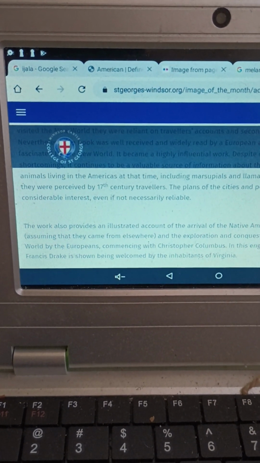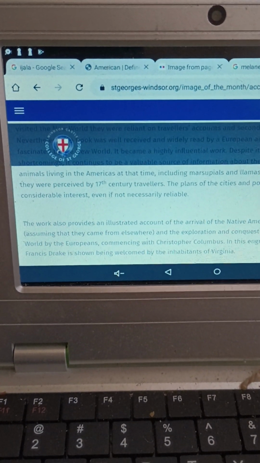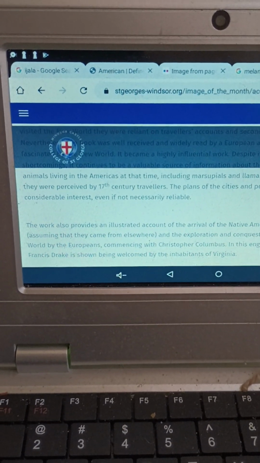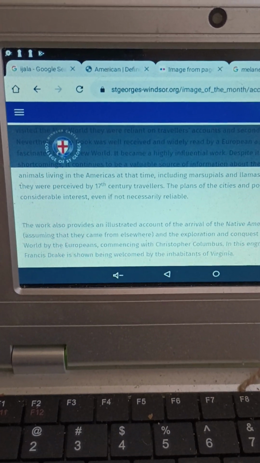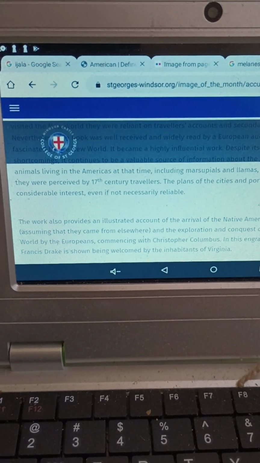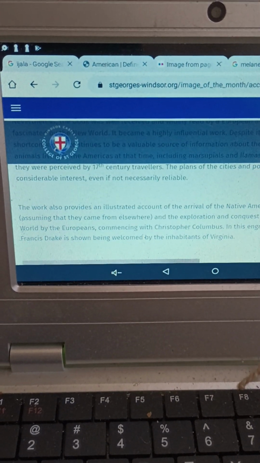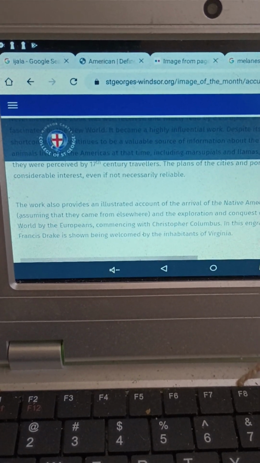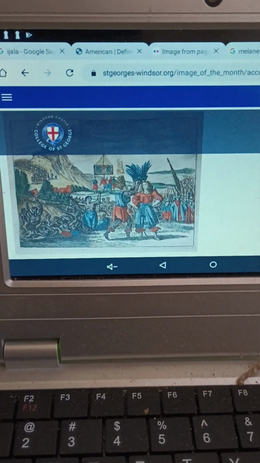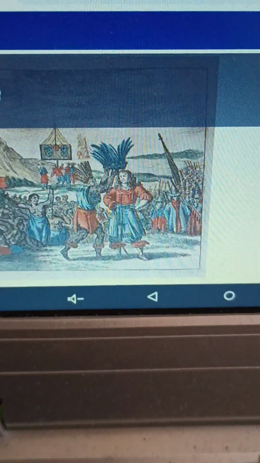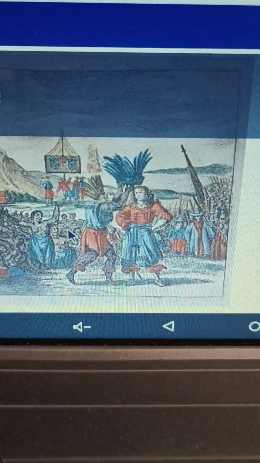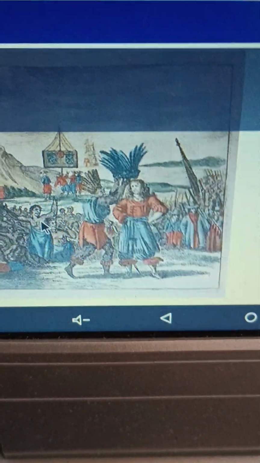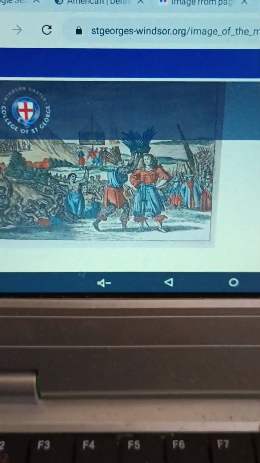The work also provides an illustrated account of the arrival of the Native Americans, assuming that they came from elsewhere, and the exploration and conquest of the New World by the Europeans, commencing with Christopher Columbus in this engraving. Sir Francis Drake is shown being welcomed by the inhabitants of Virginia. So I don't see right here a black person,